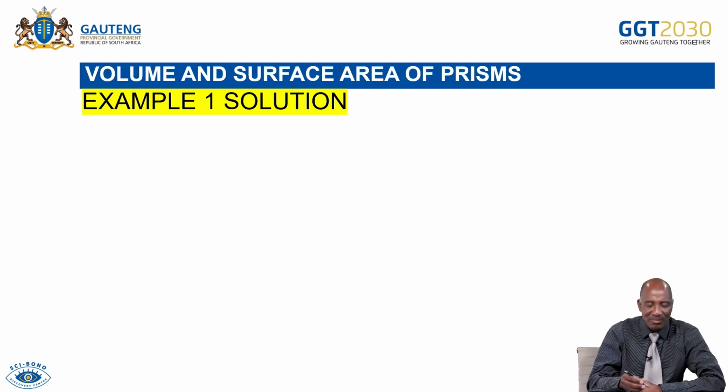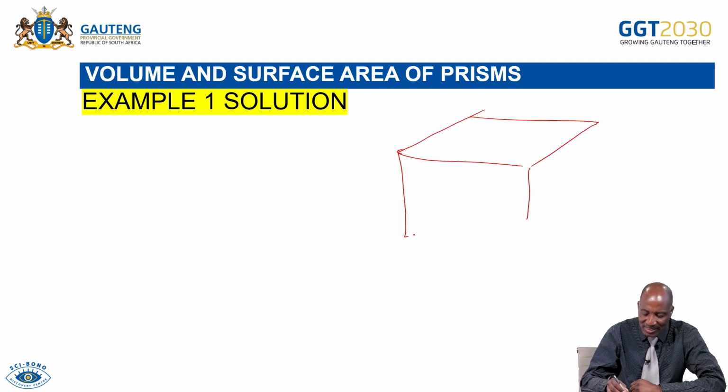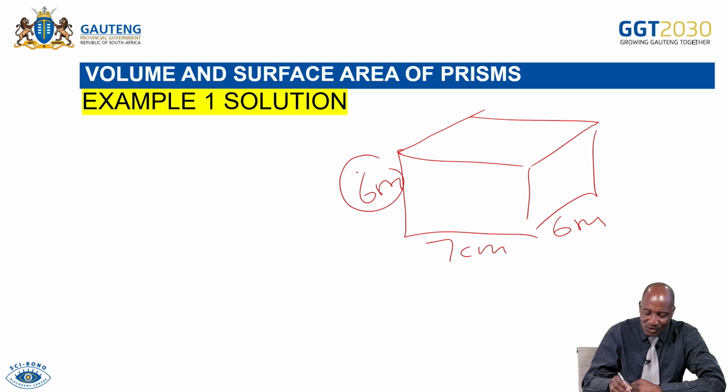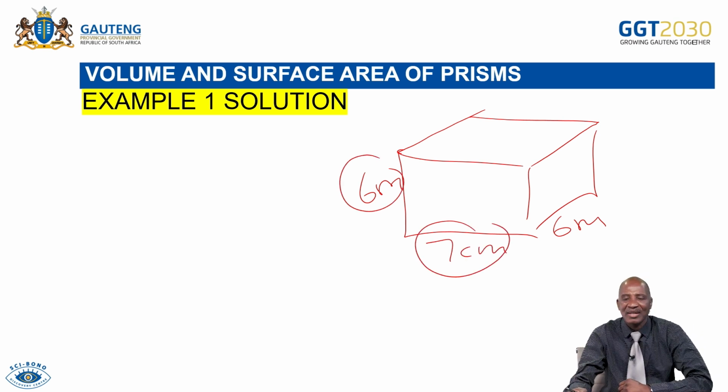So our new shape now is going to be of this size, right? We're making a new shape now. We are doubling. This is now going to be 6 meters. That is also going to be 6 meters. This is still 7 meters. These two remained the same. This one has changed. It has been doubled. It's now 6 meters. That's what we mean by doubling. In other words, we've used a constant number 2 to make it 2 times bigger, to increase the size of